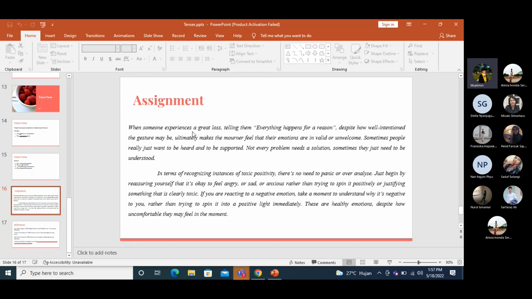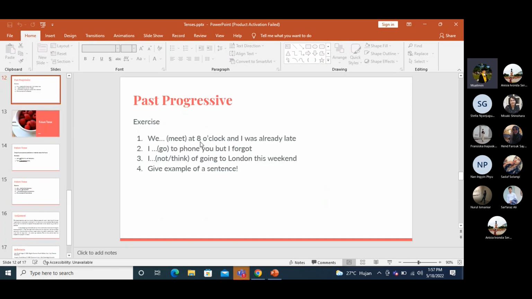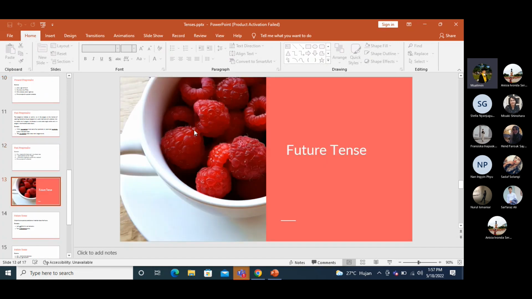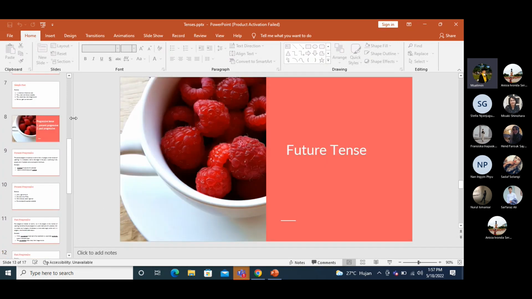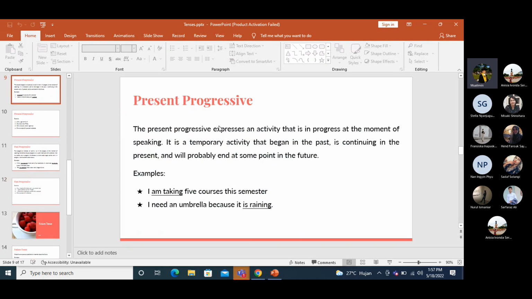Sometimes it is a good idea too to have an example in the beginning, so everyone sees what they're supposed to do. Okay. Once again, I think you may have, let's say, two tenses in one sentence. Just like here you just explain one sentence, one tense at one time.